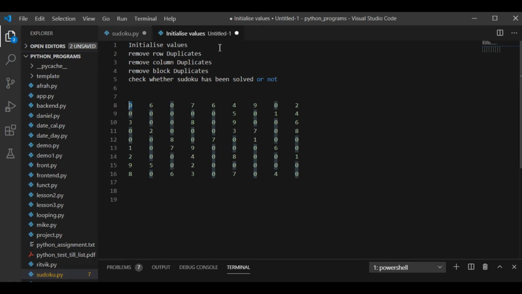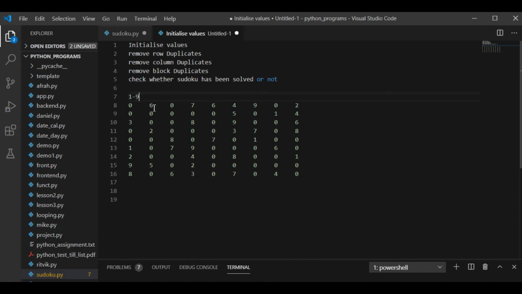So in the next step, we will be defining a subfunction that is going to remove all the row duplicates, because that was the second constraint of my Sudoku puzzle, that each row should contain a unique number. Suppose I have filled this cell with all the numbers 1 till 9. But all the numbers cannot come in one particular cell. So in the next subroutine, we are going to check that all the elements which are present in this particular row cannot be a part of this cell.